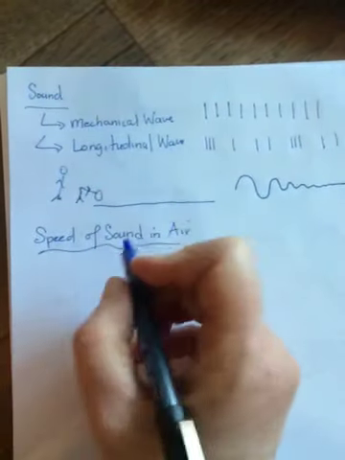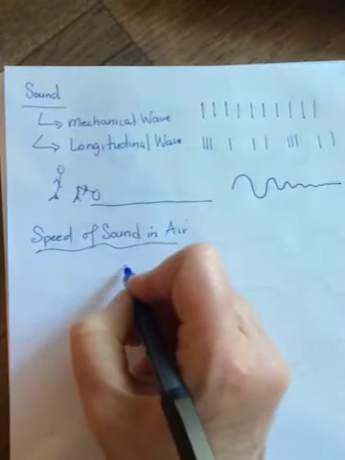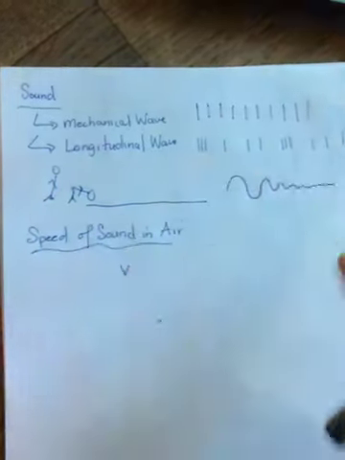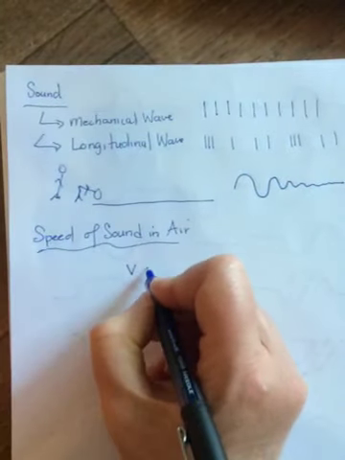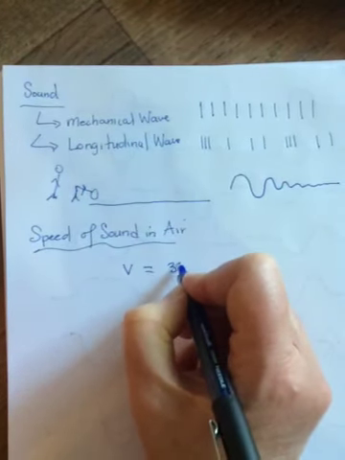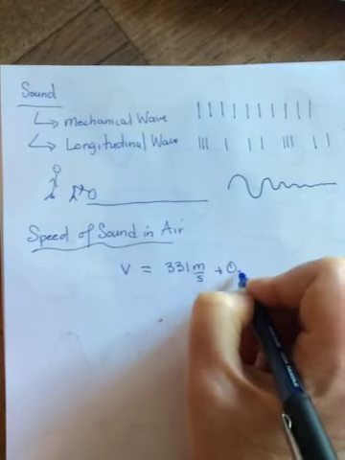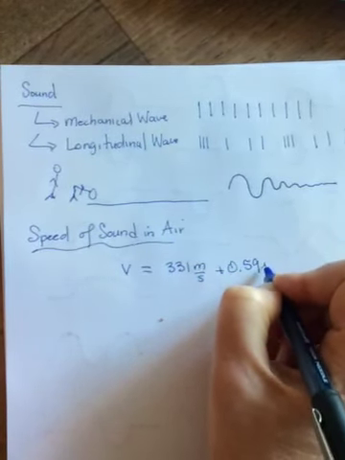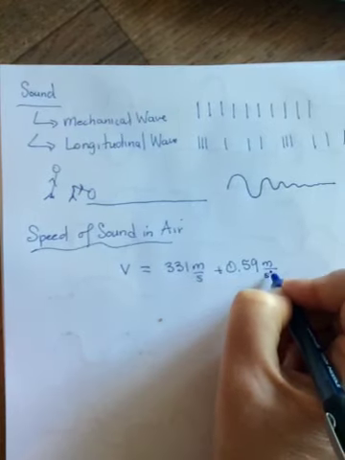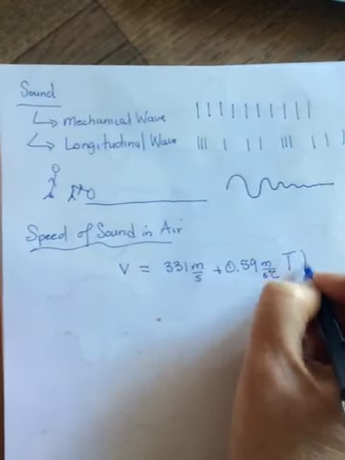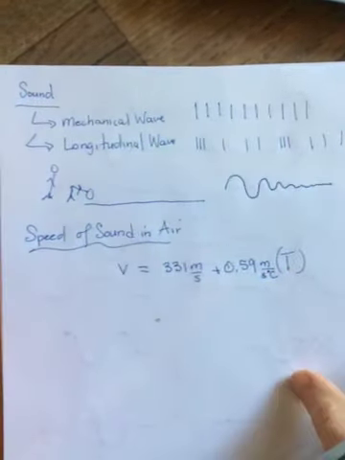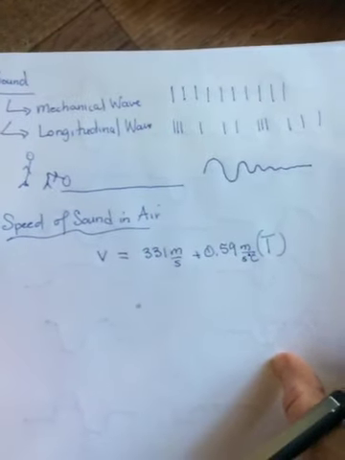So if we calculate the speed of sound in air, which is a particular medium, and we're assuming the air is just normal, it doesn't have any kind of particles in it, then the speed is equal to 331 meters per second plus 0.59 meters per second per degree Celsius times T, where T is the temperature, because the speed of sound in air